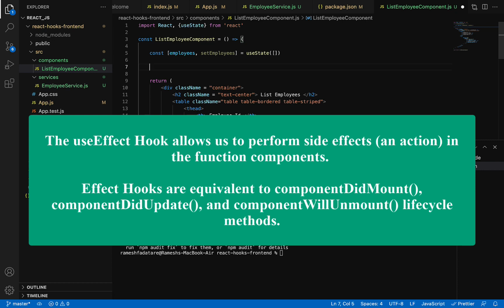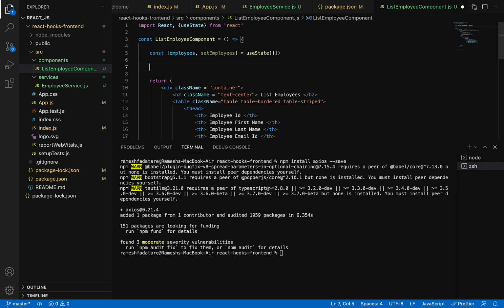Probably you know about the componentDidMount and componentDidUpdate methods in a class component. The useEffect hook is similar to these lifecycle methods. In a class component we use componentDidMount to make an API call or an AJAX call. Similarly, in a functional component we can use the useEffect hook to make an AJAX call or an API call.